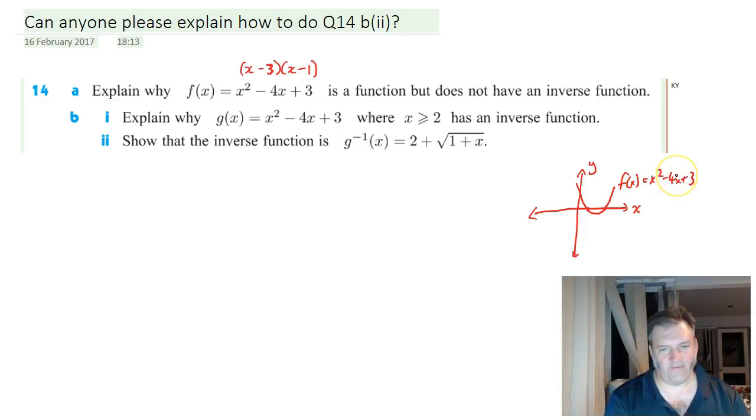Now we talked today about the fact that we remember a function, we use the vertical line test. If there's any x that has more than one y value, it's not a function. What happens with an inverse? The x and y coordinates get swapped over. So, rather than doing a vertical line test, we can do the horizontal line test. If a horizontal line touches the graph in more than one place, as obviously it does, we can even see there with the x-axis touches it at 2 places, it touches it at 1 and 3,